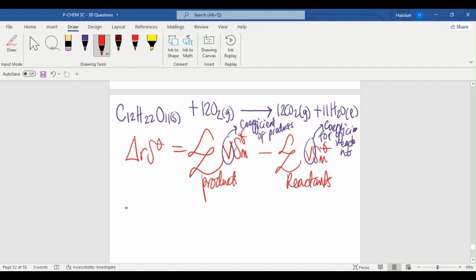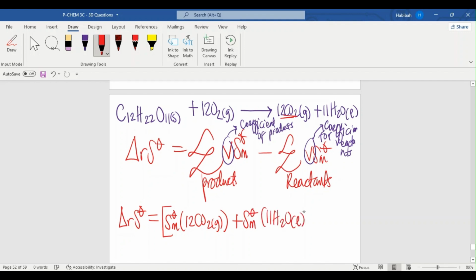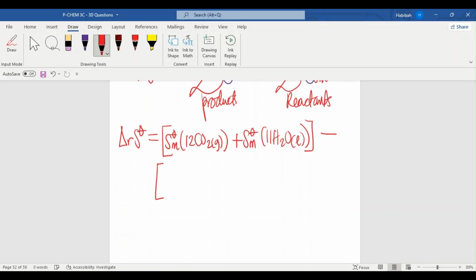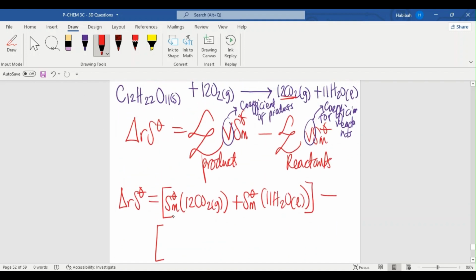So we have this formula. We're just going to start. So we're going to start with the product, right? The molar entropy of the product. We've got our first product to be 12 CO2 gas, plus the molar entropy for the second product, which is 11H2O liquid, minus the molar entropy for the reactant. We have the first reactant to be sucrose, so molar entropy of